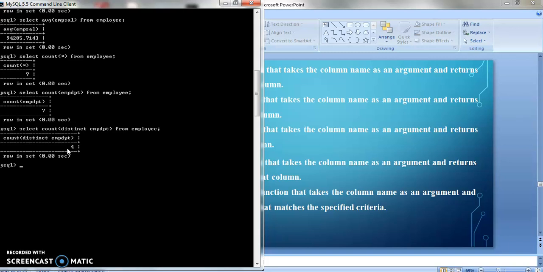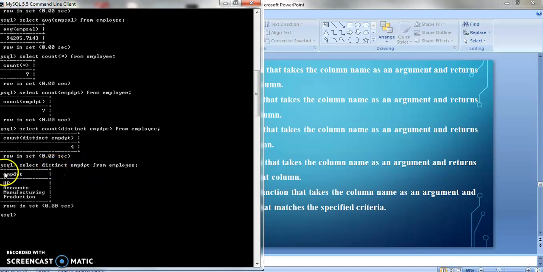Now suppose I want to see which values of employee department are distinct. I will remove the count function. It will return those values of employee department which are distinct, which are unique.